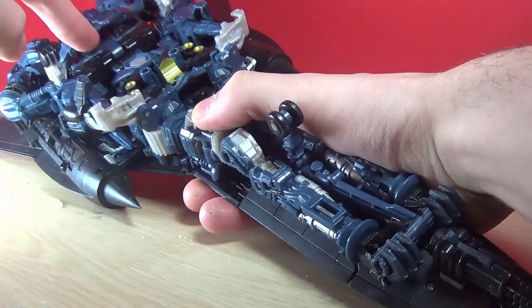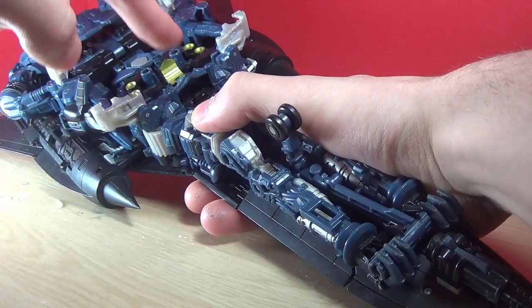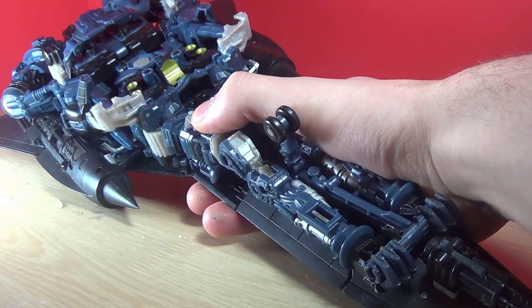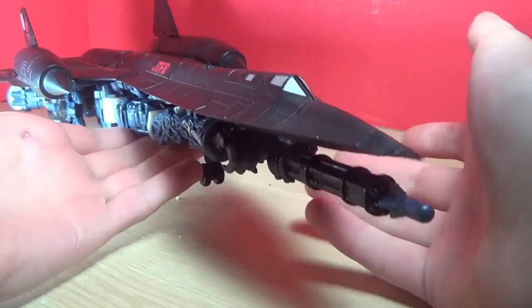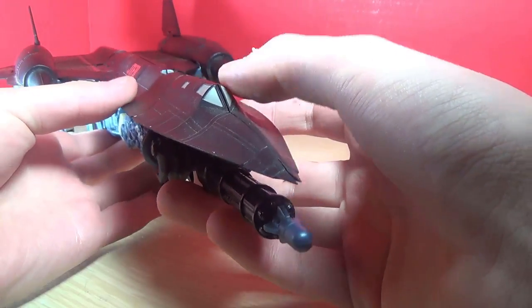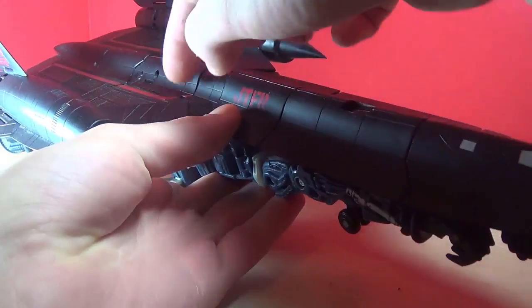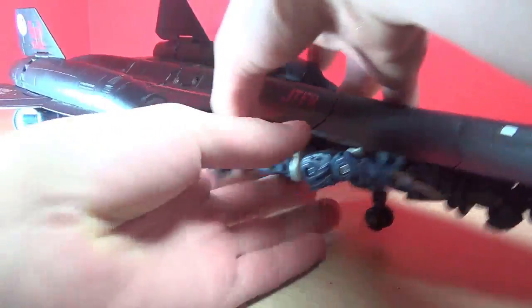Do you think he's blue because it's dead and the oxygen has rushed out of the body? Spoiler alert to Revenge of the Fallen. Jetfire dies. Check out the paint applications on this toy. You get some silver on the front there, which is pretty nice. A red Jetfire logo on the side there. You get some red stripes. And you get